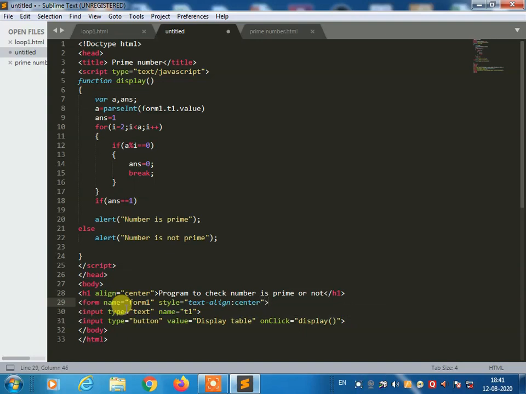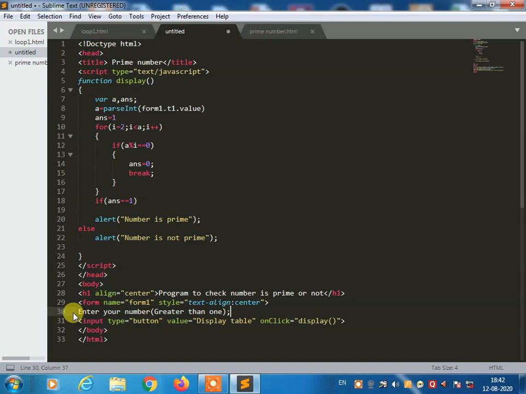Then you can write: enter your number greater than 1, colon.